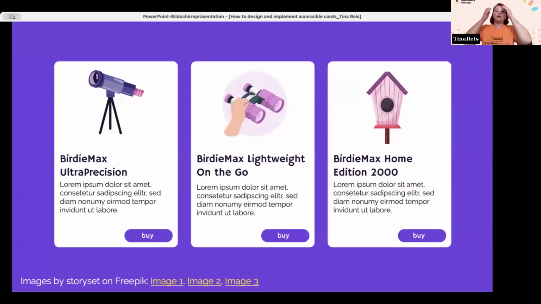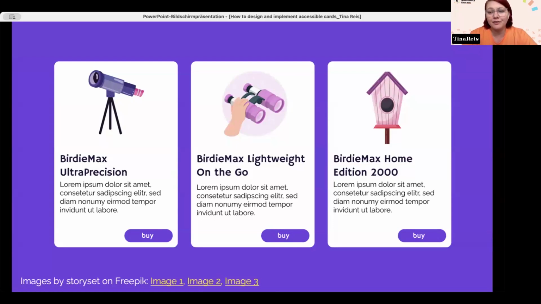So for example, here I'm showing more of an e-commerce use case where the cards are not for a blog, but for products. So each card has a product. And here I have 3 cards next to each other. Instead of a read more link, we now have a buy link, or I should probably have said go to details or something like that. Anyway, the point I'm making here is that